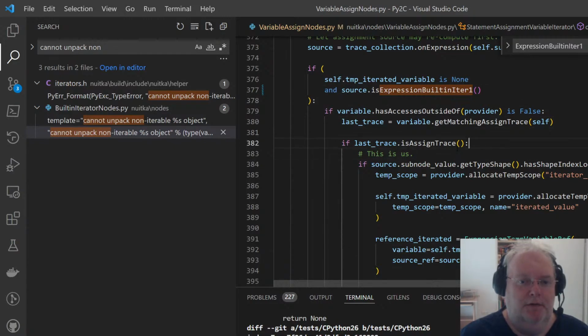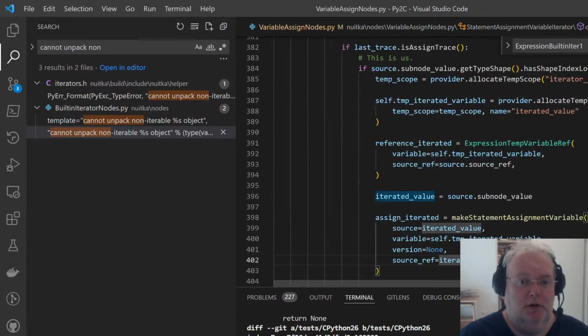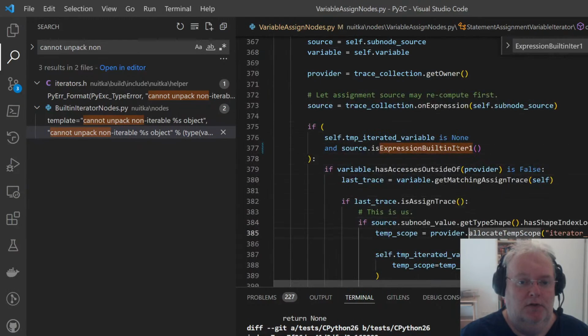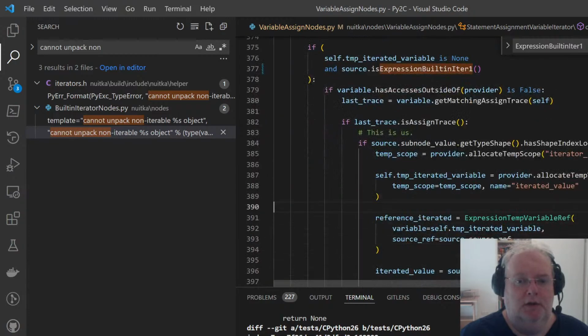And if it is an assignment actually and not a merge, then we actually found ourselves. Then we check if it has index lookup, the iterator value. So source is our assignment source. The subnode value is the iterated value. And if that type shape has index lookup, like for example tuple in our case, then we allocate a temp scope.